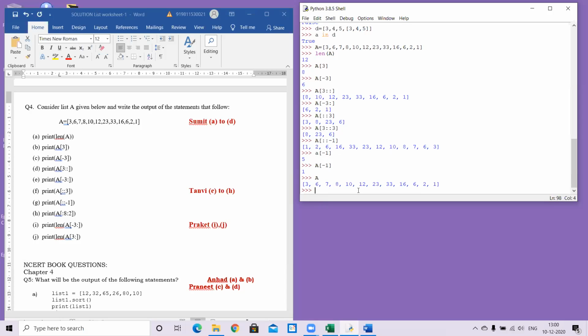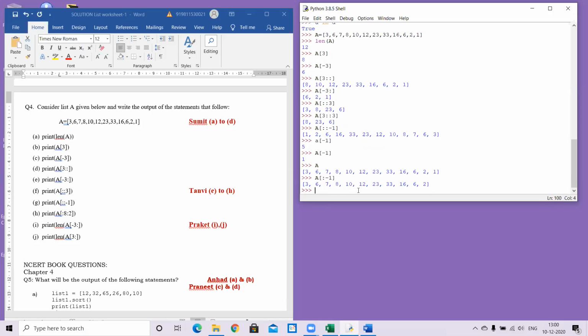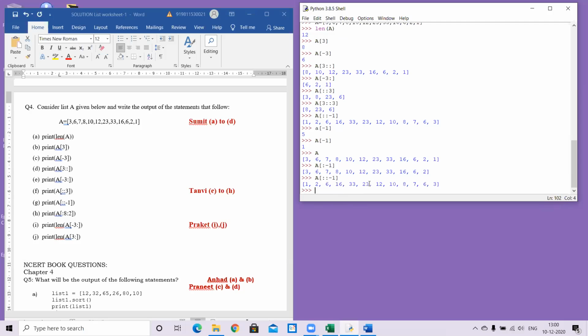If I write A colon -1, go till -1, so beginning till end, but 1 less than that, because this is working like a normal end value. So 0 till 1 less than the -1th data.